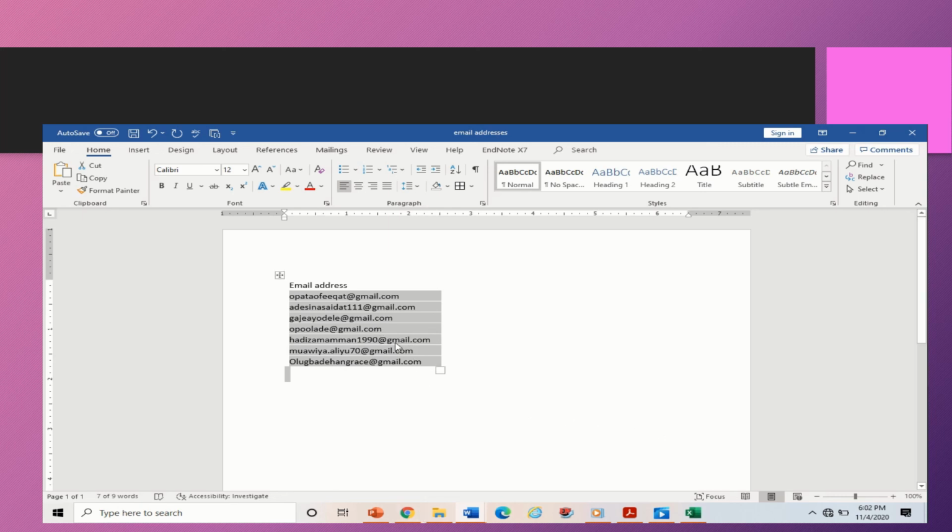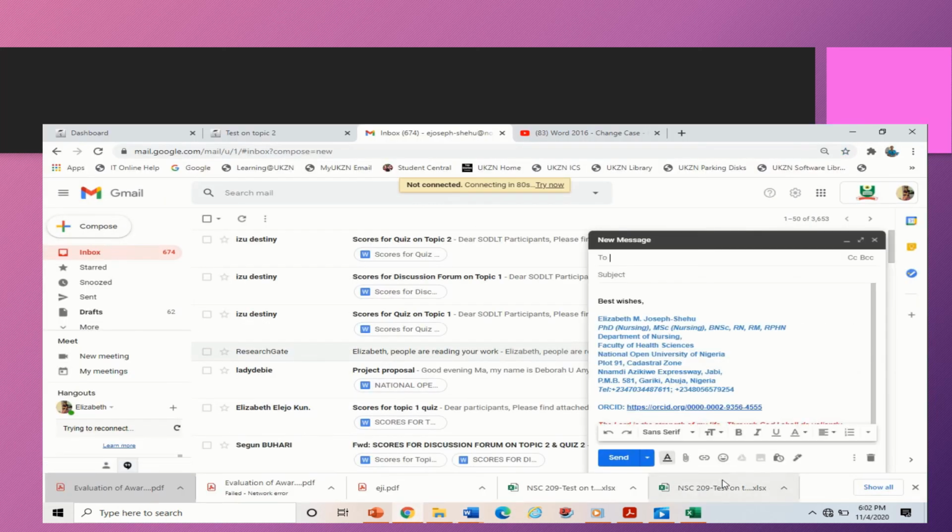So these are the students we are going to forward the scores to. The next thing you need to do is to go to your email and compose a mail to these students, and as usual you should always have something on the subject section of the email box. So what you need to do is to say, okay, scores for quiz on topic 2. Salutation is very important. Dear student,